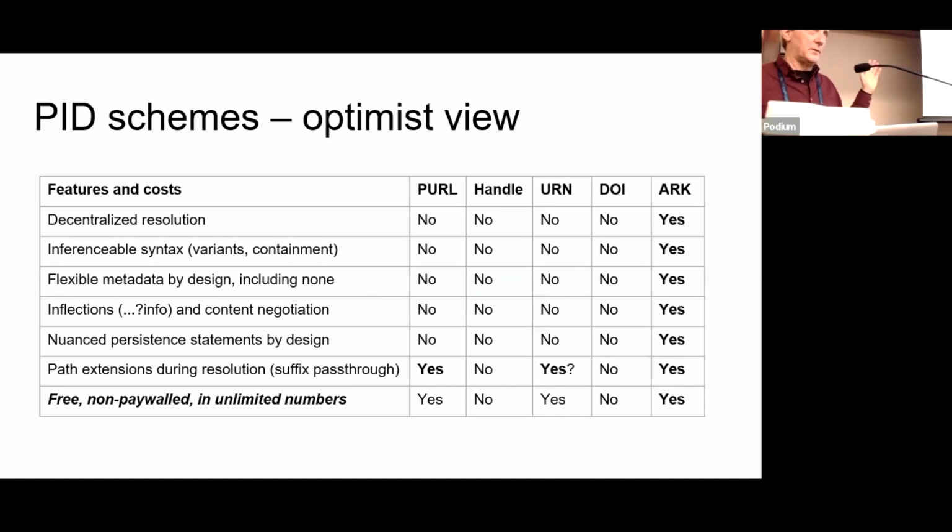So here's another view of PID schemes, a more optimistic view. If you buy into the notion that PIDs can actually provide value, here's some detail. By an amazing coincidence, this table is quite flattering to ARKs. I don't know how that happened. The bottom line is that it's about costs. No user pays for the right to create ARKs or PURLs or URNs in unlimited numbers. Probably should move along because it's the first time I've tried to squeeze this 3-hour tutorial into 1 hour.